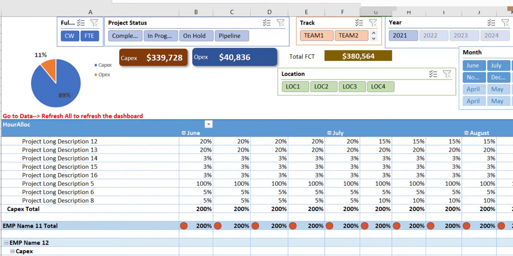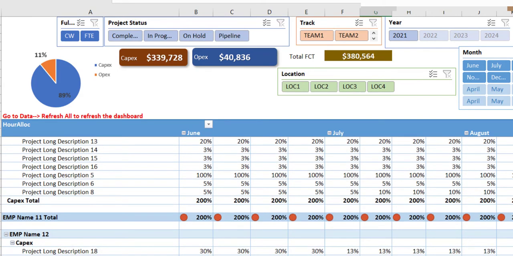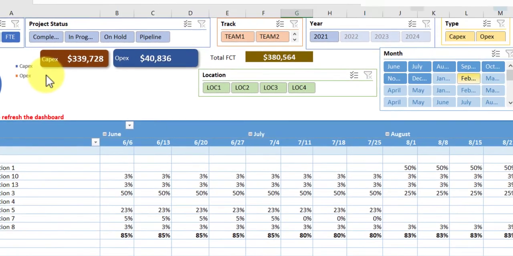So this way you can see and you can project, and that will also show up in terms of dollars and the percentage breakup, whether it's how much percent of capex and opex in this sheet. As I said before, instead of capex opex, you can enter any other criteria, but that will change. So here also you can see based on the month.